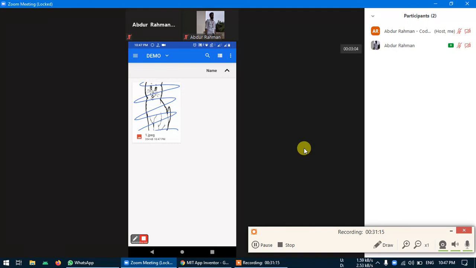So we can put some sort of logic to make this dynamic. Dynamic in the sense that each time we save a file, it saves with a randomly generated number, or maybe the current time, so it won't override the previous one. That kind of thing we can use. You can use your own logic.